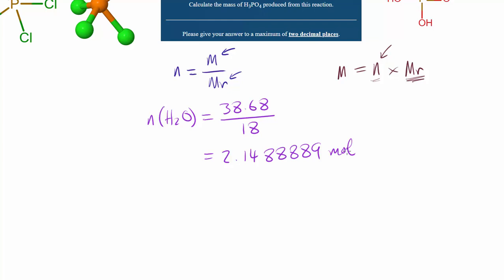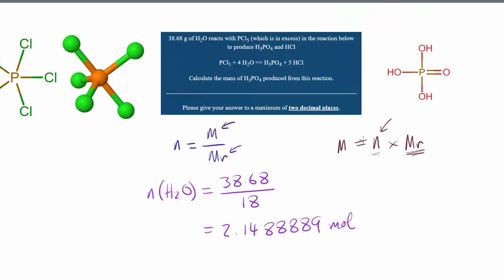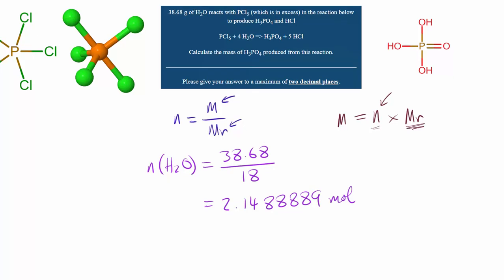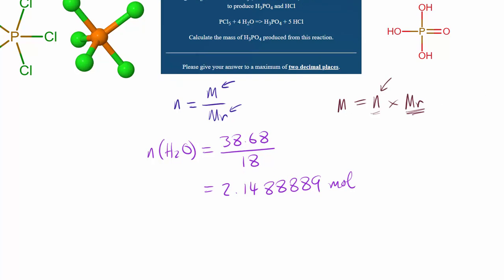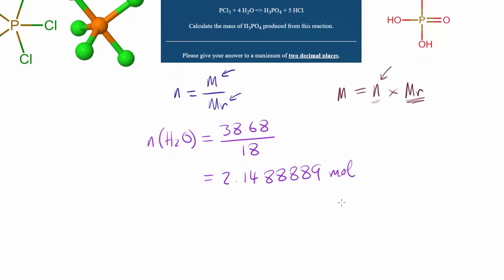Now, what do we do with this value? Because we've got the moles of H₂O, but we've been asked to work out the mass of H₃PO₄. This is where the stoichiometric relationship between H₂O and H₃PO₄ becomes very important. And if we set that up in a slightly formal way in writing,